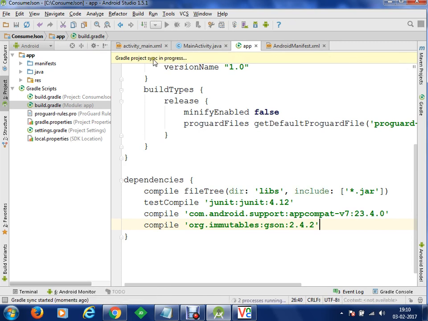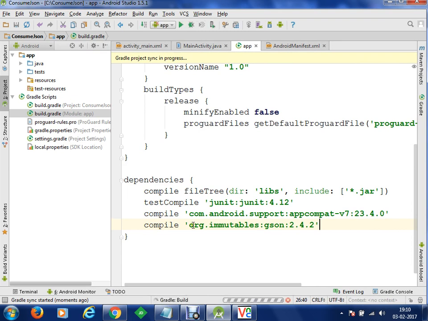Once we start syncing, a connection will be made to the server, and the library project from this package, org.immutables, for our JSON will be downloaded into our project. We will be able to view the downloaded library project within the project section here.